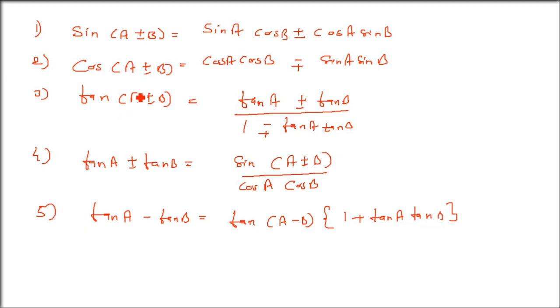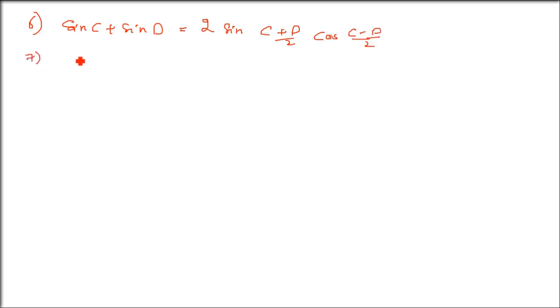Then sin c plus sin d, sin c minus sin d, and cos c plus cos d, cos c minus cos d, all this we are going to see. So sin c plus sin d is equal to 2 sin((c+d)/2) cos((c−d)/2). Then we have sin c minus sin d. So this is going to be 2 sin((c−d)/2) cos((c+d)/2). Please remember, 2 sin((c−d)/2) cos((c+d)/2). These you have to remember, because until and unless you know this,